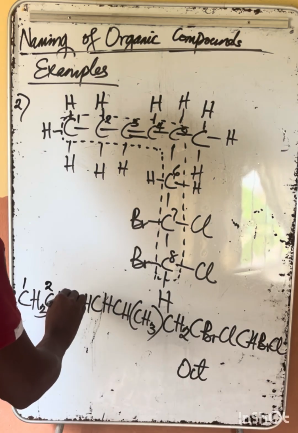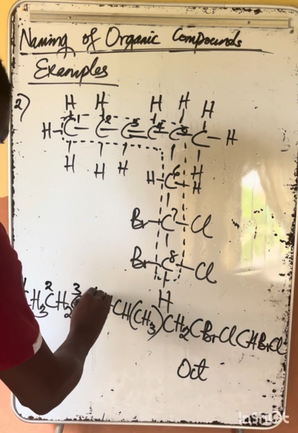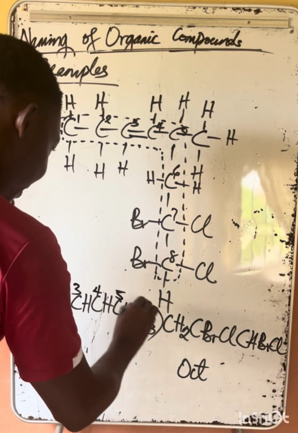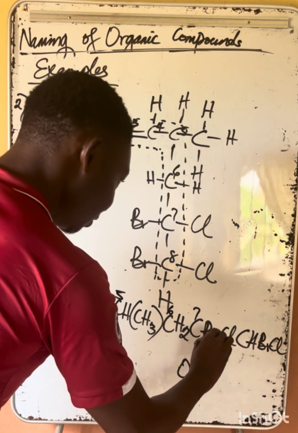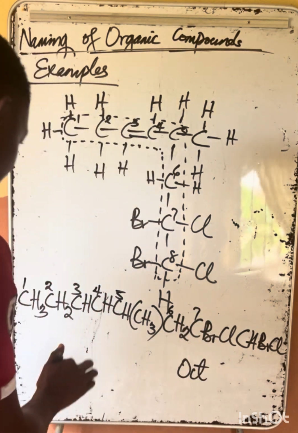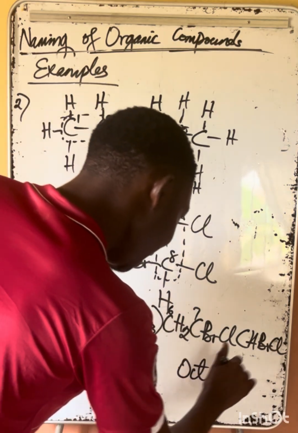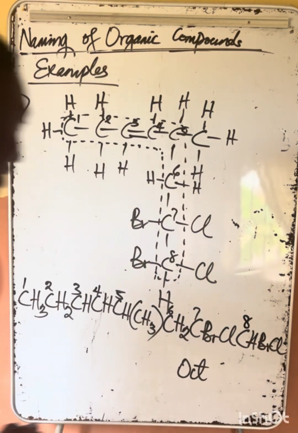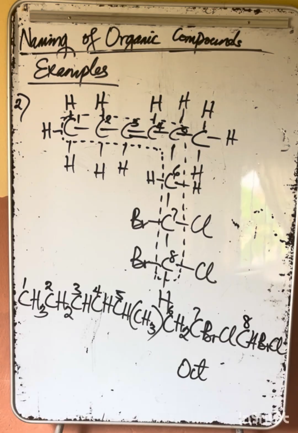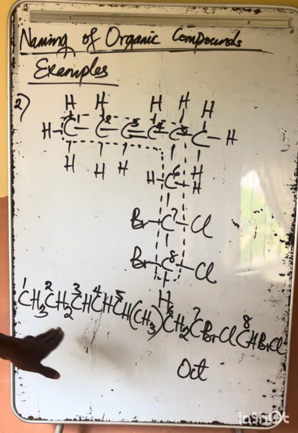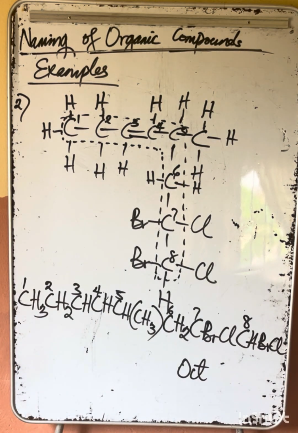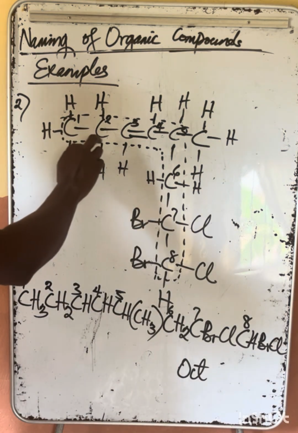1, 2, 3, 4, 5, 6, 7. Okay, let me see. 1, 2, 3, 4, 5, 6, 7, and 8. Yes, that's it. Remember, in the compressed form, I'm only looking at where the carbons are. The carbons are made up the longest continuous chain. All right, so let's go to the name as root. So the name as root will be